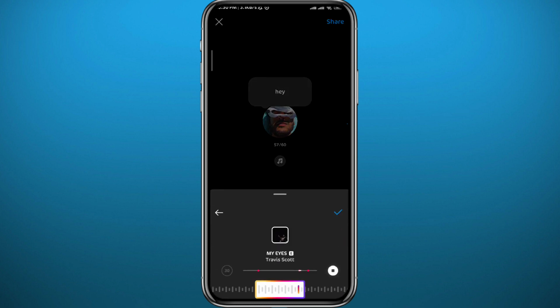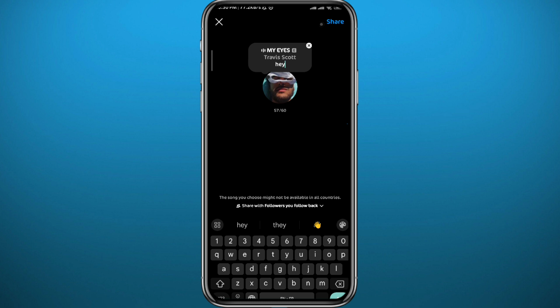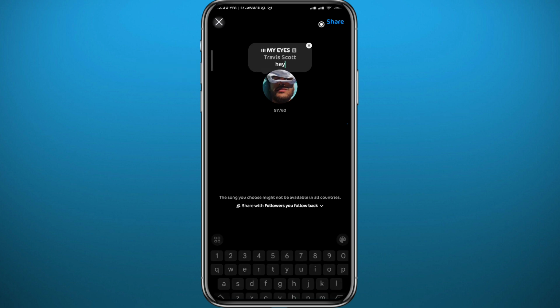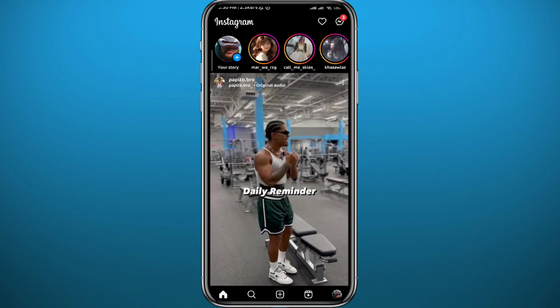So we'll tap on it and choose the part of the song you want to play, and tap on the tick in the top right to save the changes. And then from here, just tap on share in the top right corner to post this note with music. If you don't have this feature, you can go back to right here,